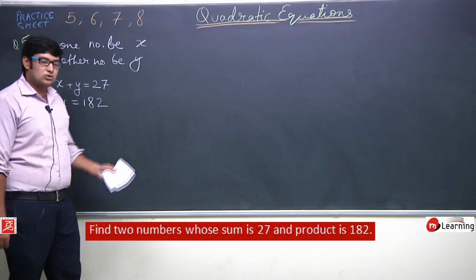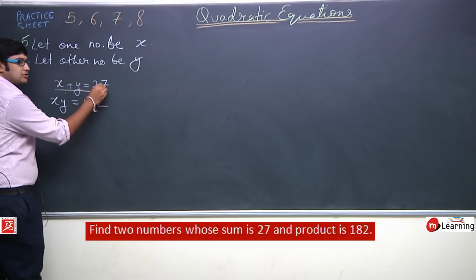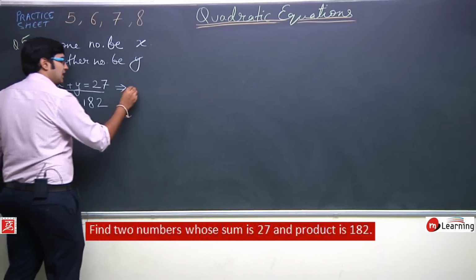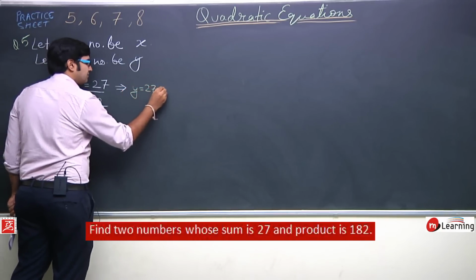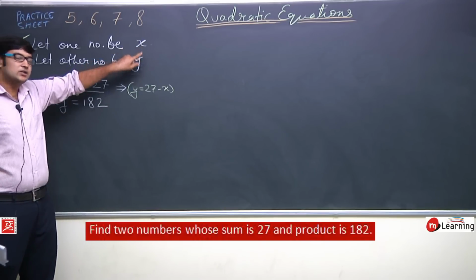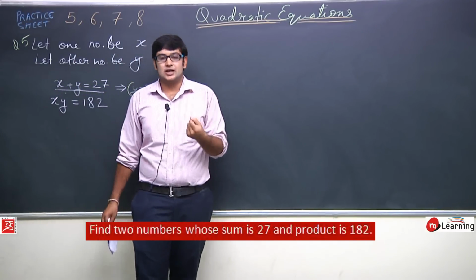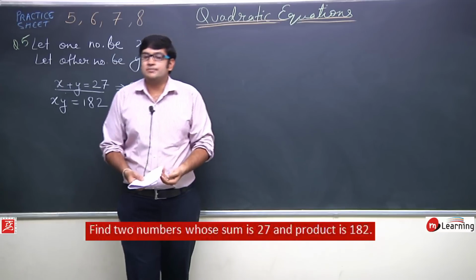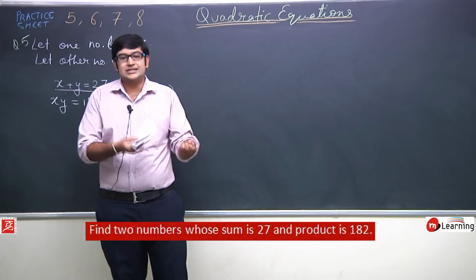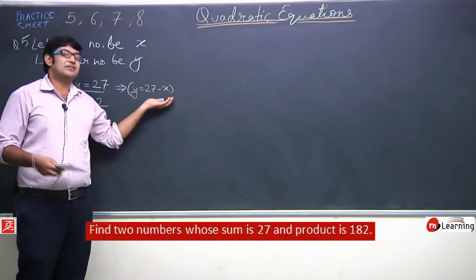Okay, now how to solve this question? From this equation x plus y is equal to 27, I can write the value of y as y is equal to 27 minus x. Okay, it means अगर पहला नंबर x है तो दूसरा नंबर में y की जगह पे 27 minus x भी assume कर सकता हूँ. It's very simple. If I have two numbers, their sum is 10. So if one number is x, the other number is definitely 10 minus x. In a similar manner, sum is 27, so one is x, then the other is 27 minus x.